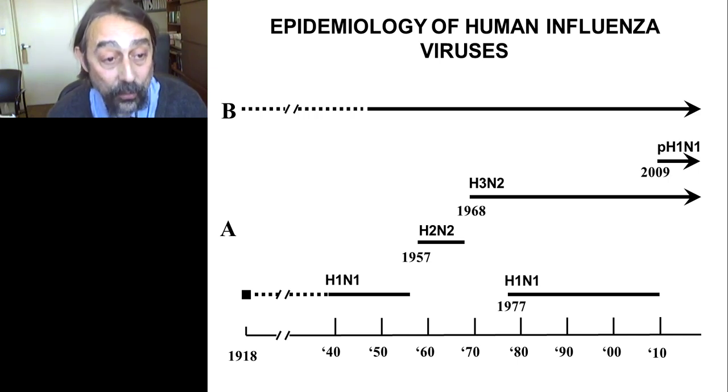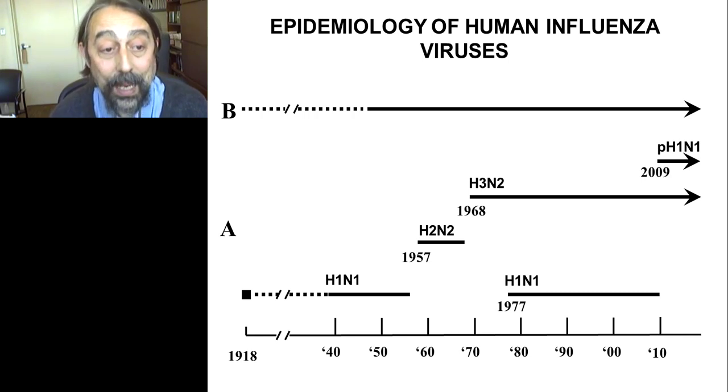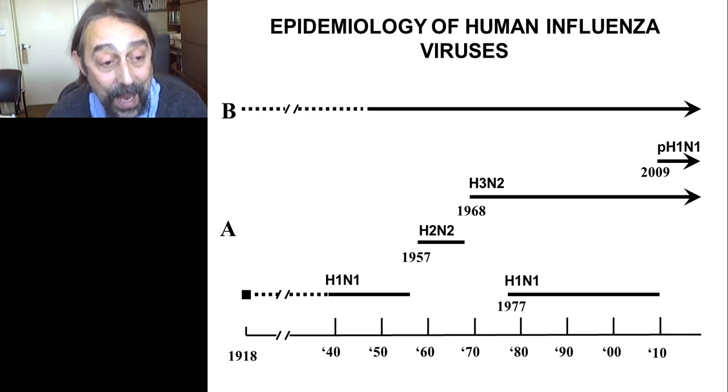And through accumulations of changes, this is what is called antigenic drift, it becomes one year that is so different from the virus that infected one person before that now it can evade pre-existing immunity in this individual and can reinfect. This happens both with influenza B and influenza A viruses, but influenza A viruses come also